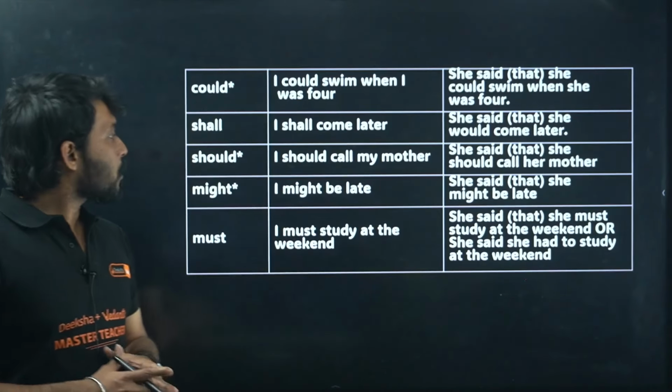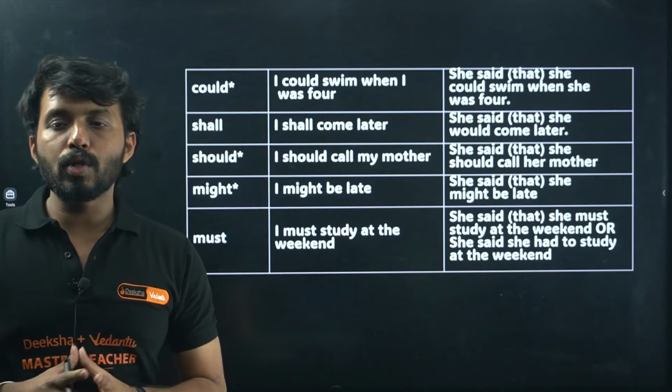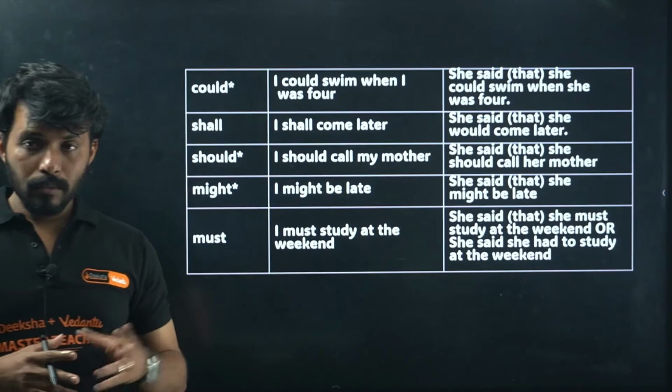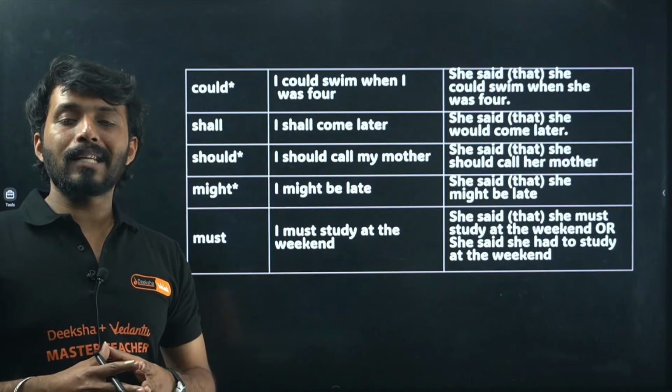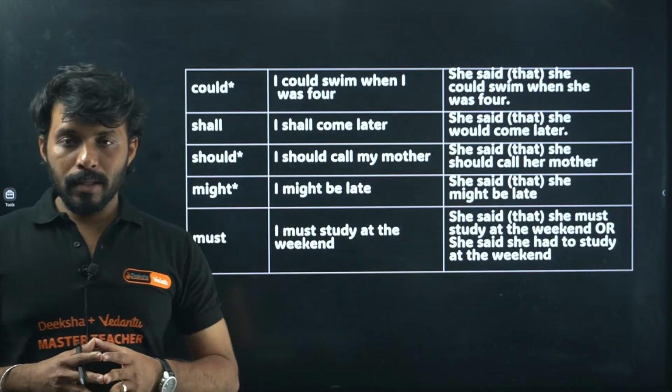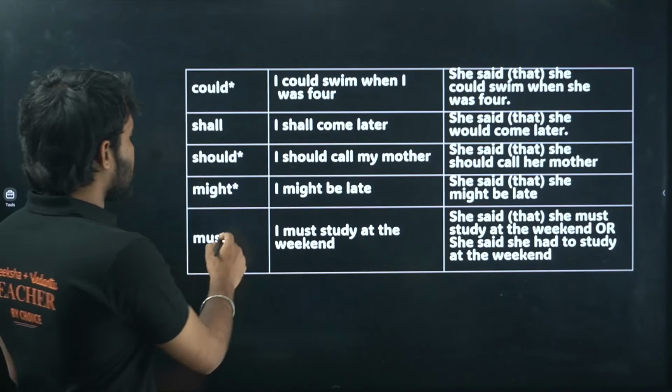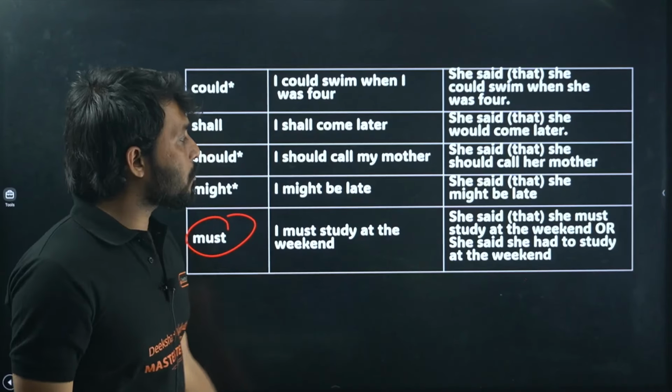Here again, should. "I should call my mother." Should remains unchanged. She said that she should call her mother. Might remains unchanged. "I might be late." She said that she might be late. Must, okay, must can become what? Must becomes,